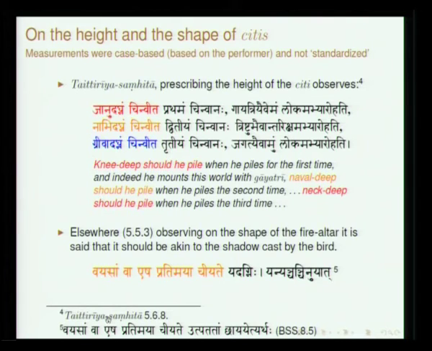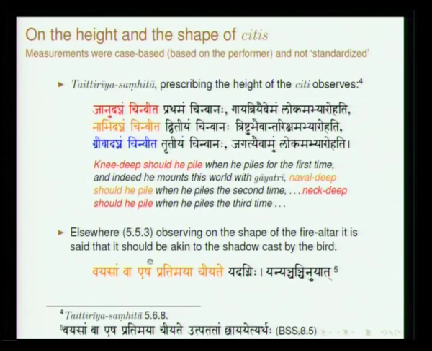Then it also says Vayasamba Esha Pratimaya Chiyate. Pratima means a sort of shape or image. Usually, suppose you have a certain idol, it is called Pratima, an image of something. So, Vayasamva Esha Pratimaya Chiyate means you create the altar. This Vayasam does not refer to age. Vayasa means those birds which fly. So, you have to construct the altar in the form of a bird. This is a prescription which one finds in this Taittiriya Samhita.